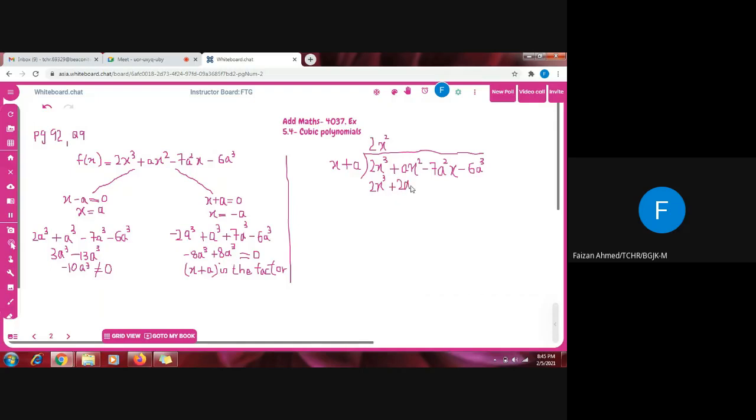This is the method of synthetic division, the same method which we use in normal division. And now I have to subtract it. In order to subtract it, I have to change the sign. This is positive, so this will become negative. And this is again positive, it will become negative. This will be cancelled out, and plus minus minus, and I will get minus ax square. And now I will copy this one term. This will be minus 7a square x.